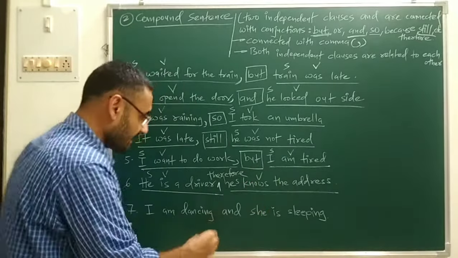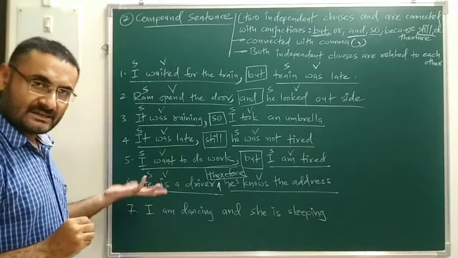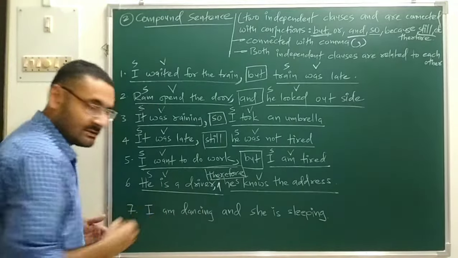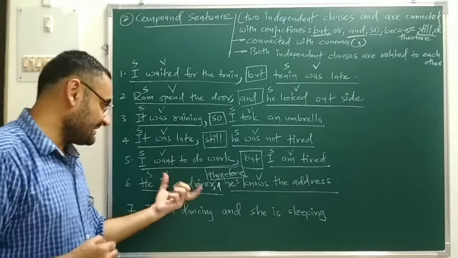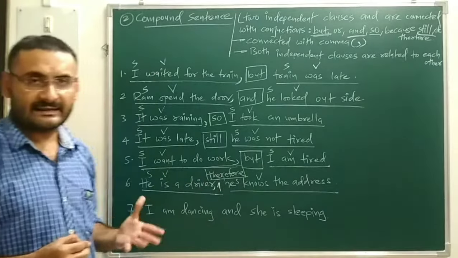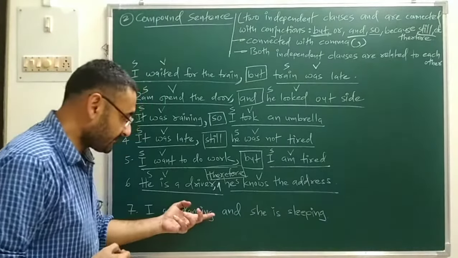Two independent clauses are connected with what? Connected with one conjunction, which is therefore, and one comma, so that is your compound sentence, and both are related to each other. As he is a driver, he knows the address, so a compound sentence is there. Last sentence, I am dancing